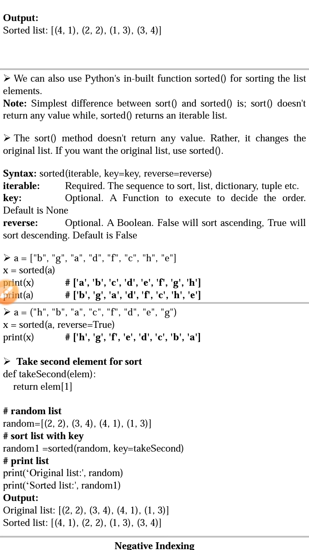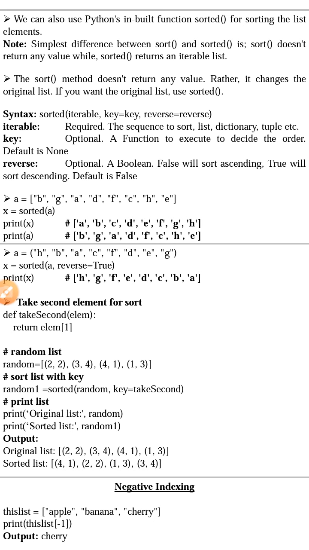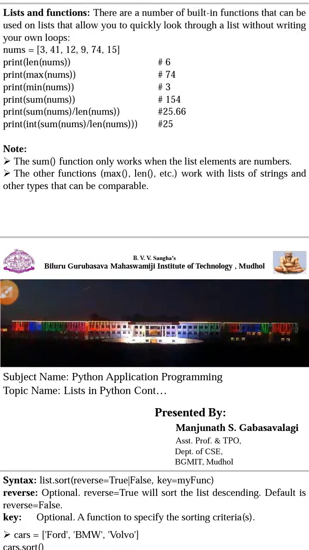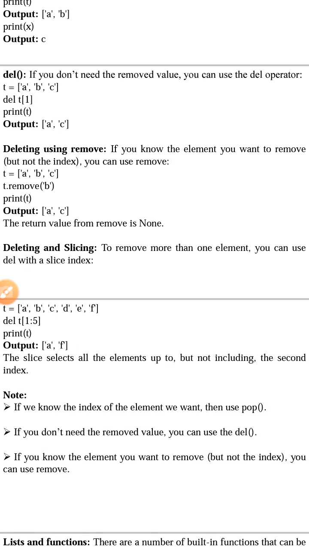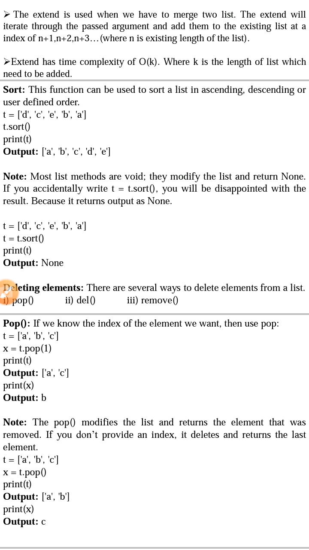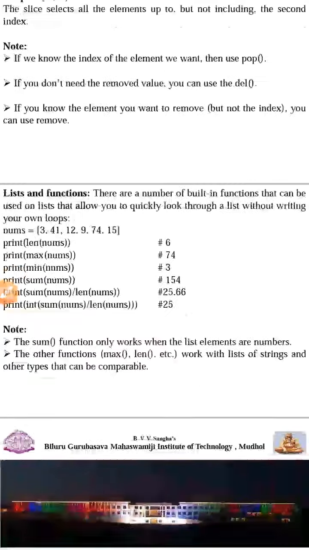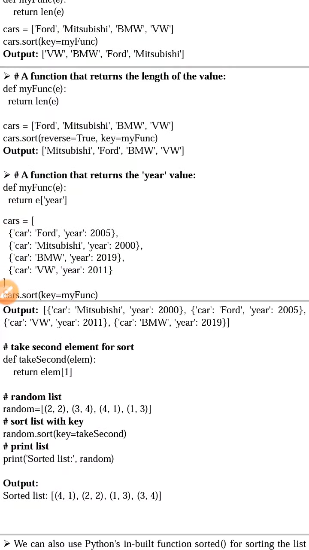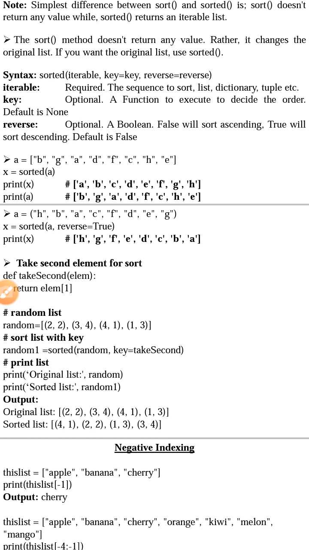And the sort function doesn't return any value, which we discussed in our earlier video with an example while discussing the sort function. If you observe, here I am saying t equal to dceba, and whenever I say t.sort, if I want to store the return value of the sort function, it always returns None, because the return value of sort is void. Whereas our sorted function returns the modified value. We will see examples here.